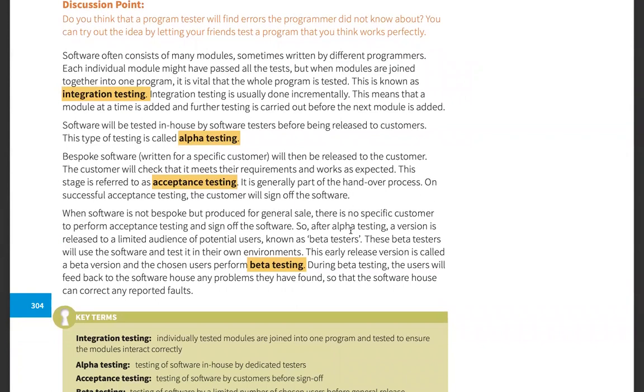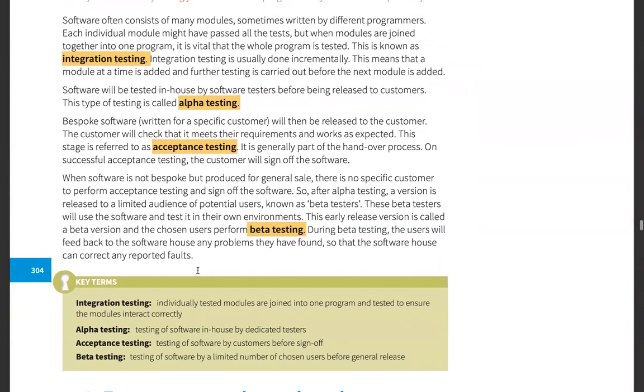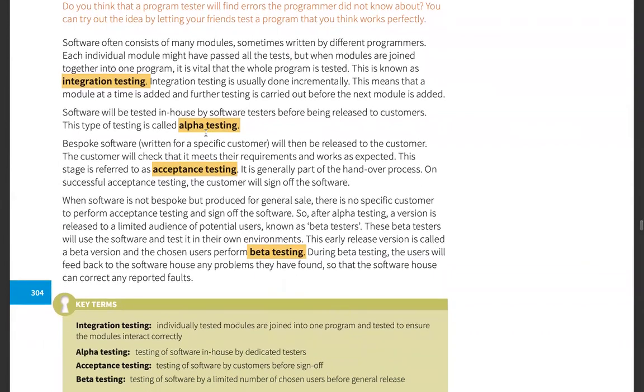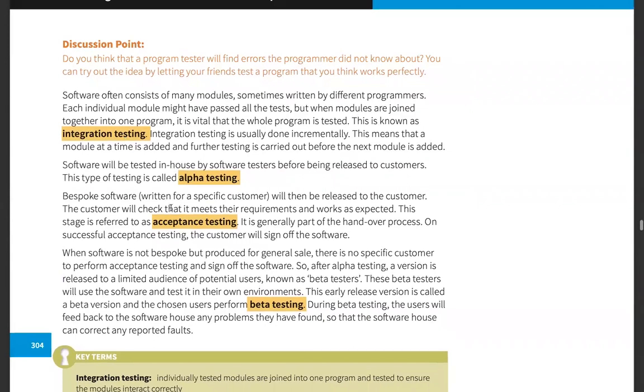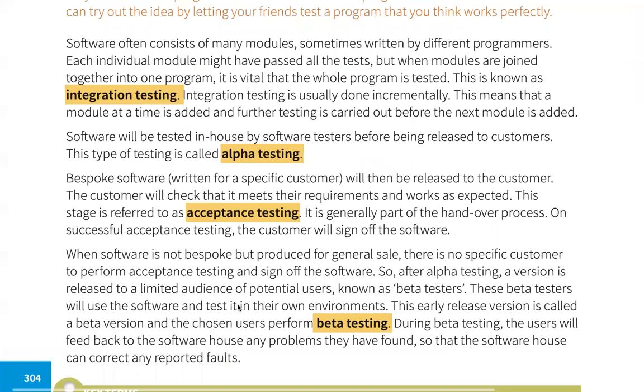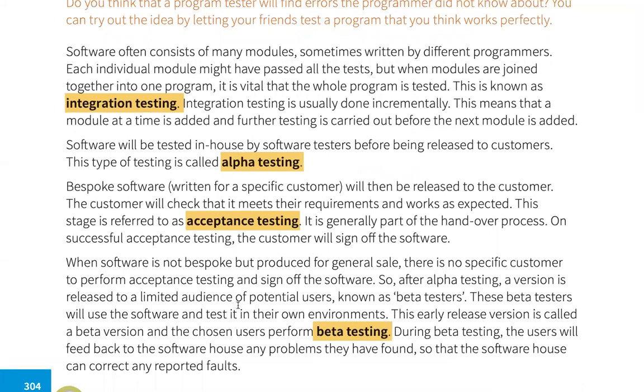Okay, so let's talk with respect to testing. Now let's talk about the difference between integration testing, alpha testing, acceptance testing, and beta testing. Now these different testing phases represent the different stages carried out while a program or a software solution is being